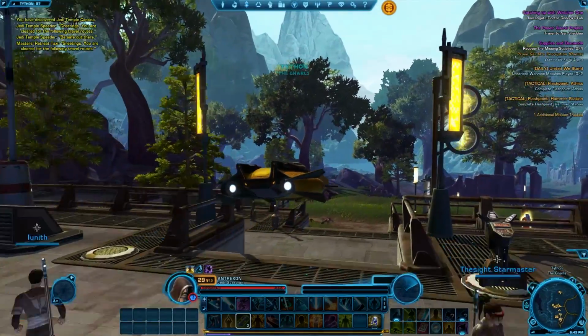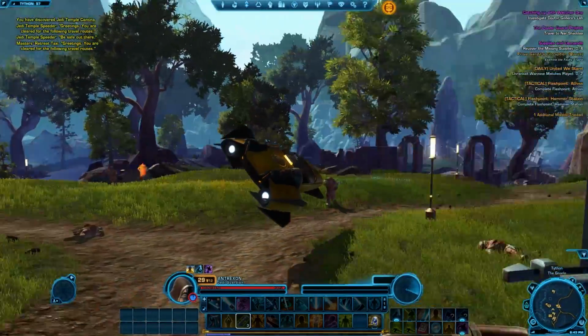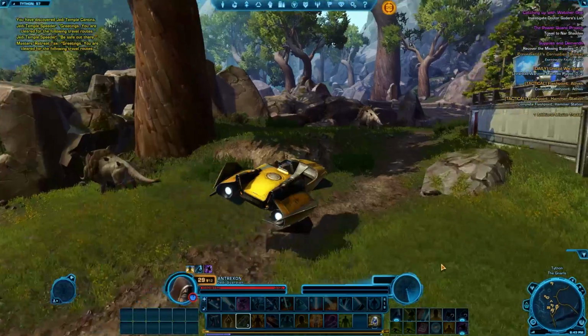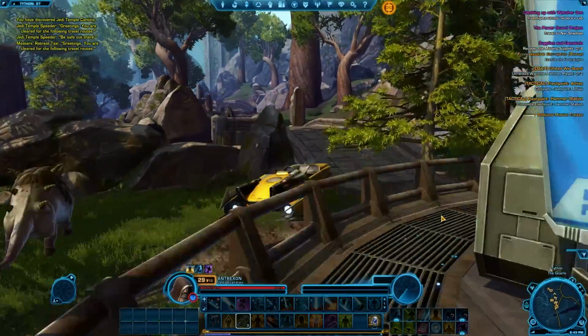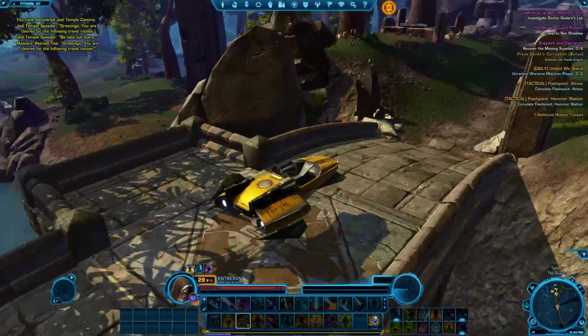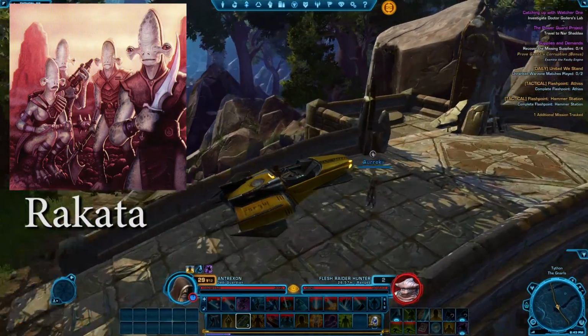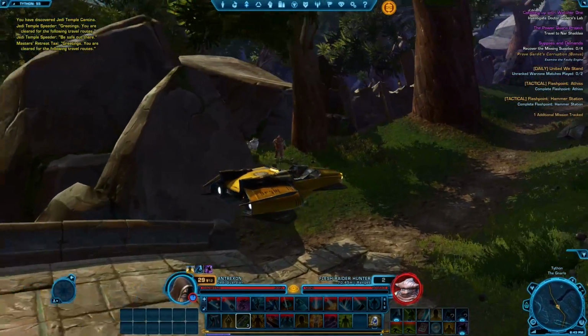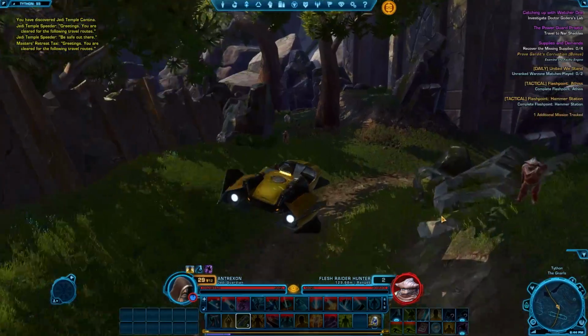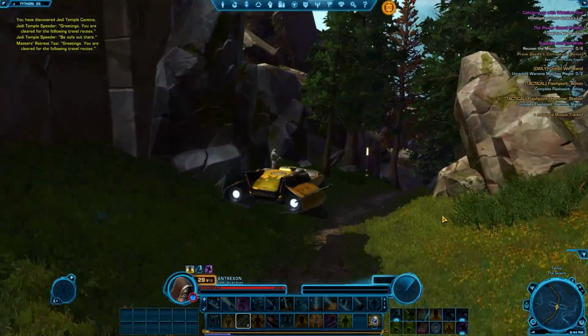But something like 10,000 years after their arrival, there was a really evil sort of species called Rakata that we get to experience in the Old Republic games that do arrive to this planet and essentially throw its balance into chaos. And here we have a lot of battles, a lot of wars that start, and essentially this was the